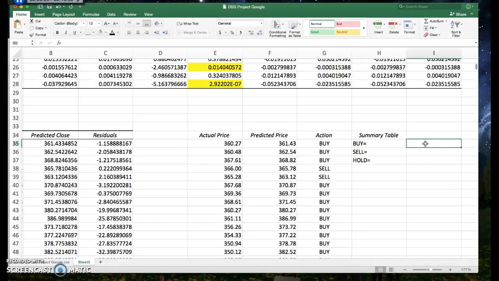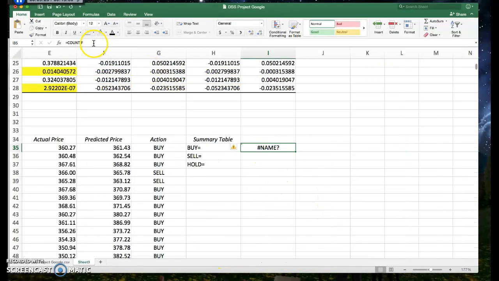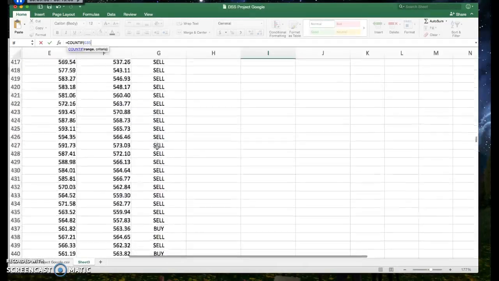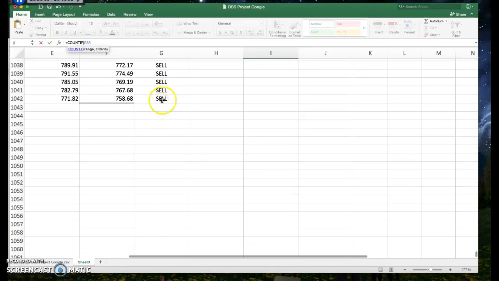All right, so in I35, click on the equal sign, type in the word COUNTIF. What I'll do is I will slide this over so you can see the formula a little better. All right, so COUNTIF, parentheses. Now we need to add the range. So the first item in the range is cell G35, and you scroll all the way down, hold the shift key, and click on the last cell. Okay? And then you want to hit comma,